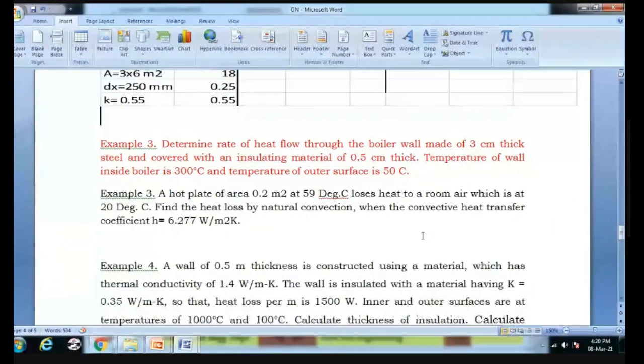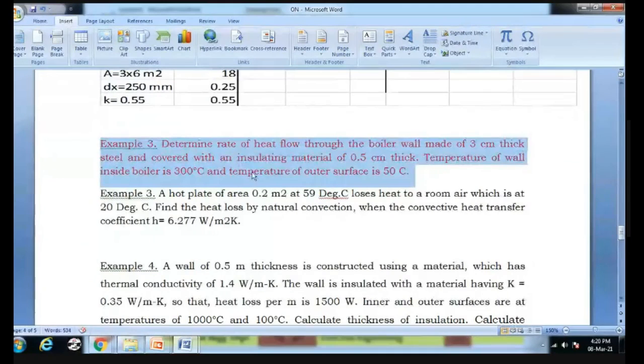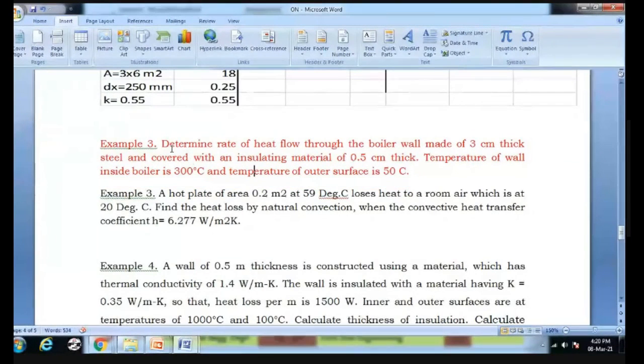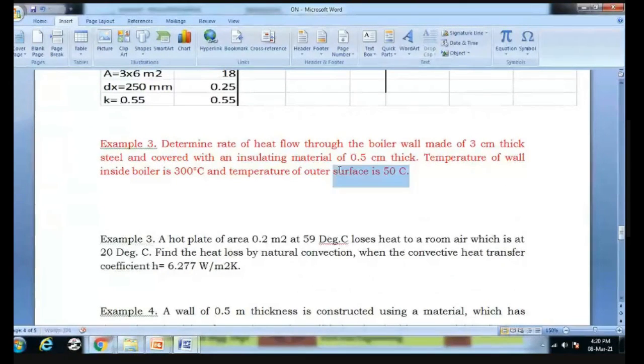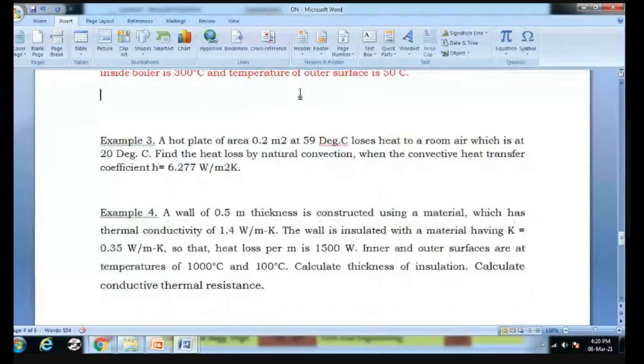The question bank, units number 1 and 2, has been given in your Google Classroom. In that there is a problem, I guess number 15 probably. This problem does not have sufficient data, but you can solve the next problem. We can erase this, or better, we'll solve this problem here.